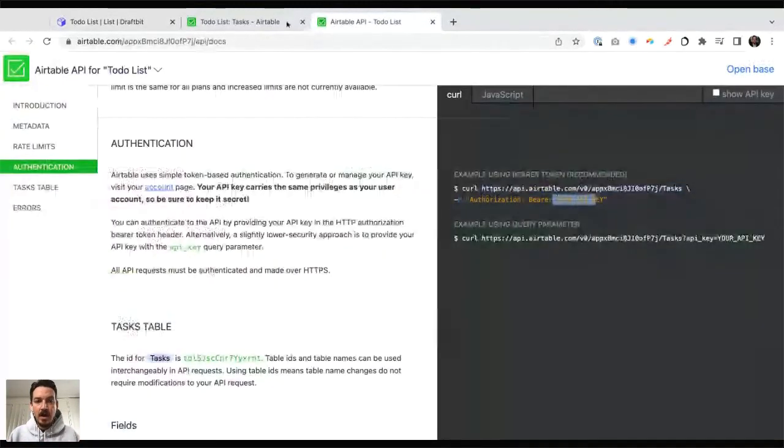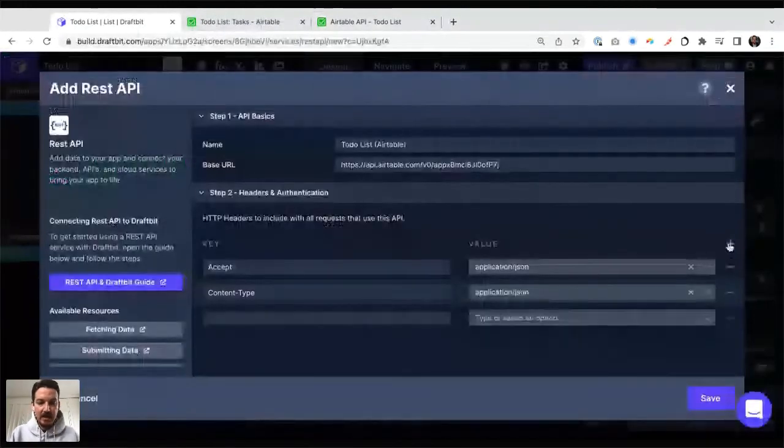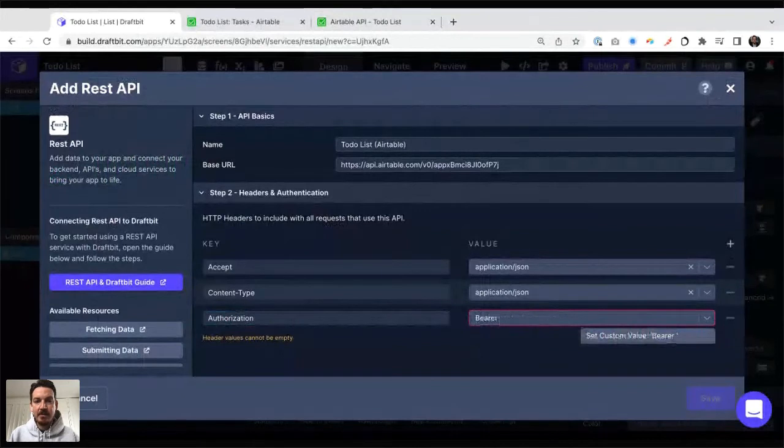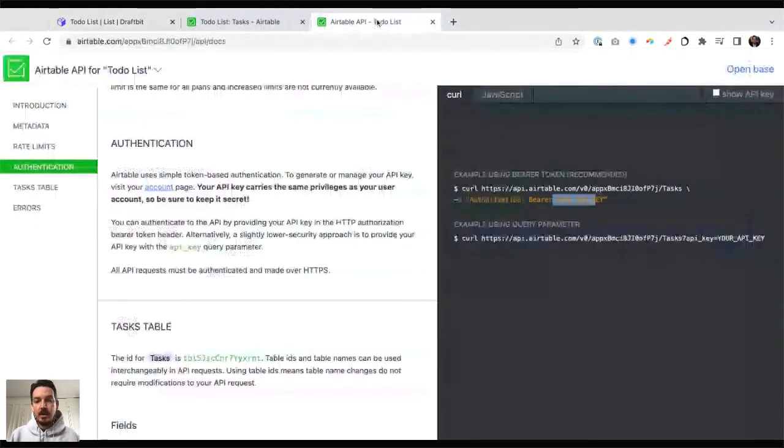And so you do have in Draftbit a way to specify that API key. So I'm going to do that right now. Authorization. And it looks like this typically. It's a different shape, but it's all documented in that Airtable API documentation. But it looks like this.